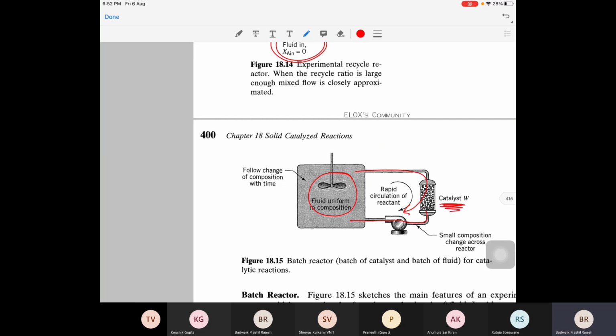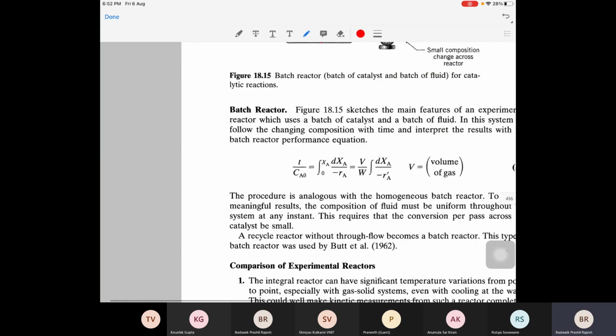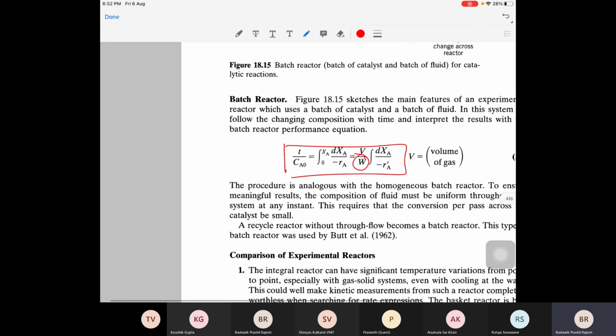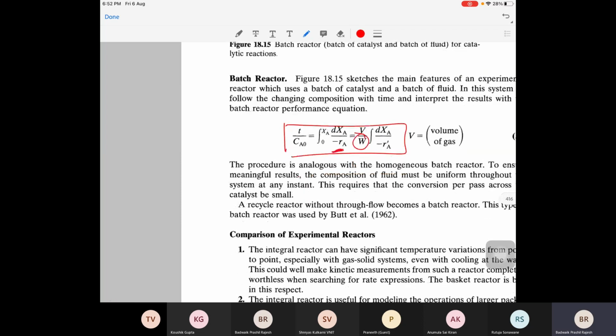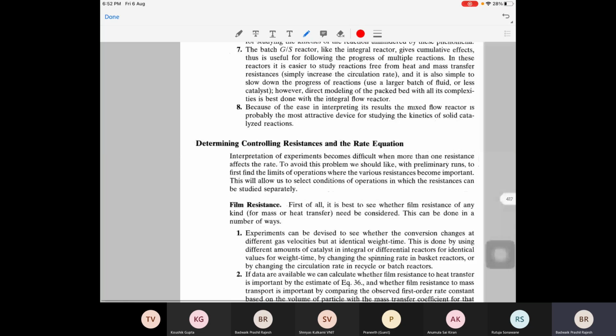When it passes through this catalyst bed, there will be conversion, and this is again coming into your fluid system. So this you are doing n times, and then you will be having a higher conversion. You can see the equation is the same as it is, just there is a replacement by w. It has also explained the relation between minus ra dash and minus ra. One is on volume of reaction mixture, one is on weight of catalyst.